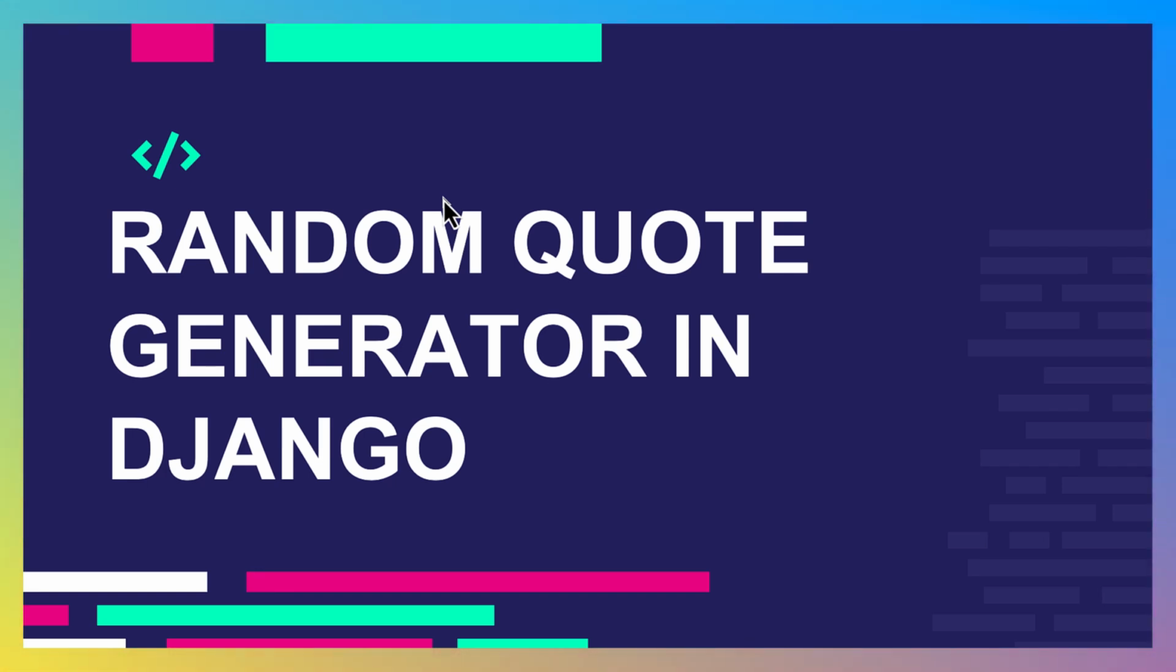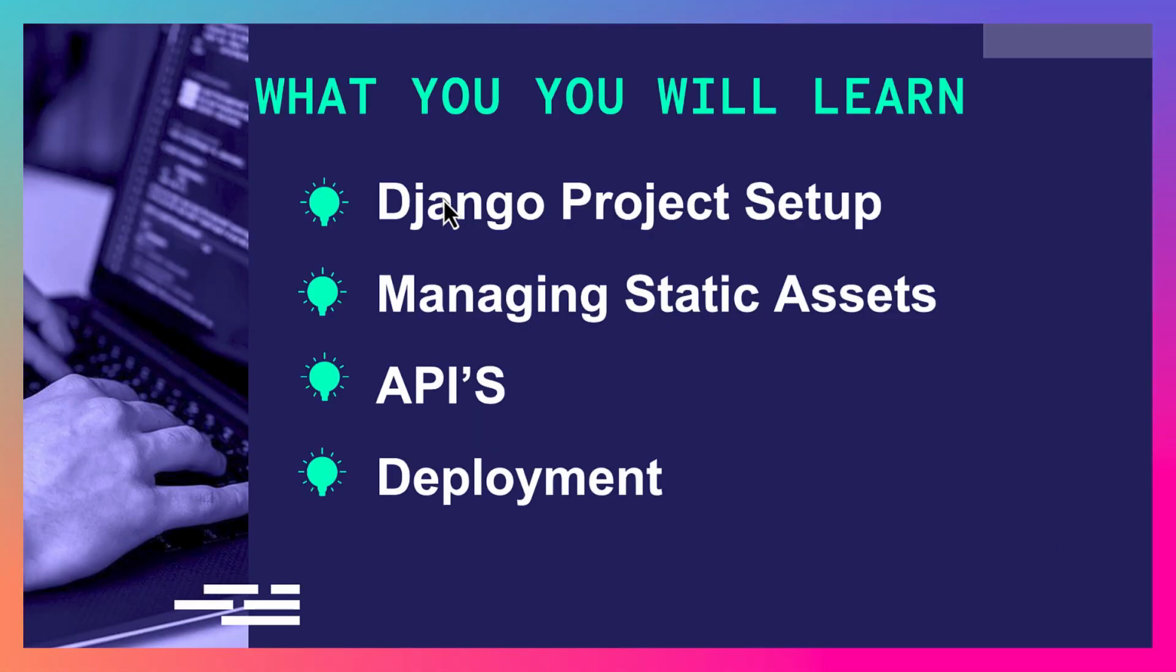In this tutorial, I'll be showing you how you can develop a random quote generator using Django, ZenQuotes API, and Tailwind CSS. So let's have a look at some of the things that we'll be going through. The first one, I'll show you how you can set up your Django project for deployment. We'll also see how you can manage your static assets such as images, CSS files, and JavaScript. I'll also cover APIs, and then finally, I'll walk you through how you can deploy your app via Heroku and